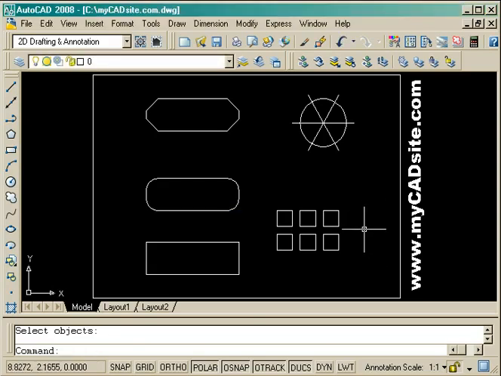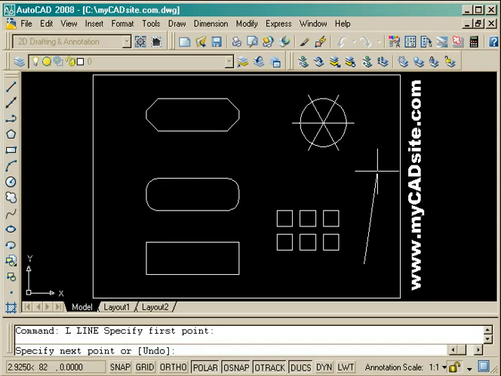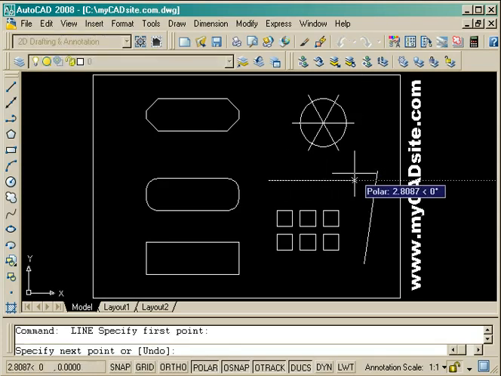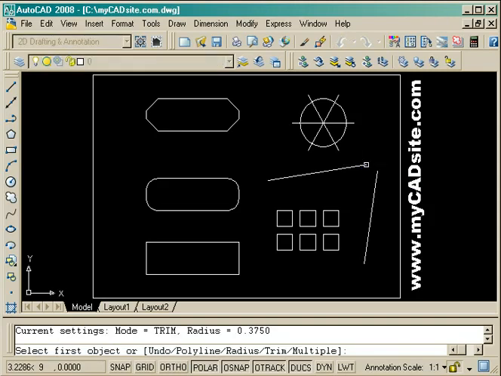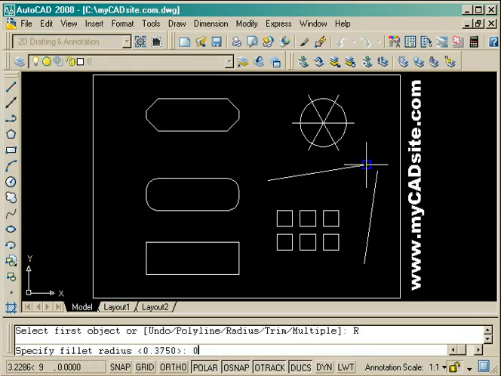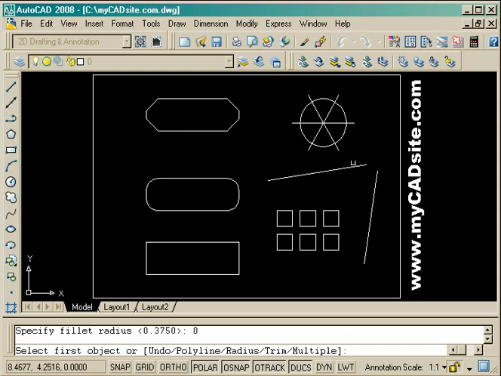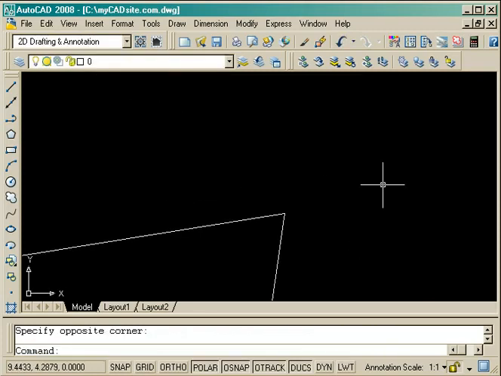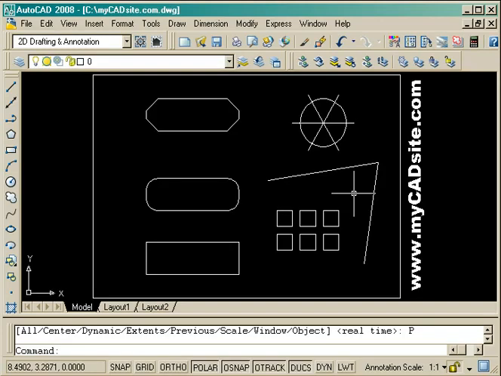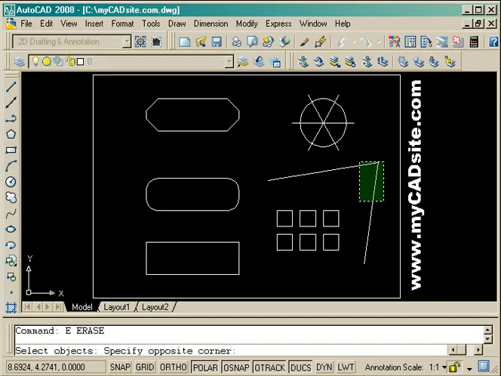One other thing I use the fillet command for a lot is to join 2 lines that may not meet up, and I want a nice clean square corner. So I do the fillet, put in a radius of 0, and then select the 2 lines, and now when I zoom in I'll see that yes, I do have a nice sharp corner, and they are joined up and touching. So let me just erase those to finish the